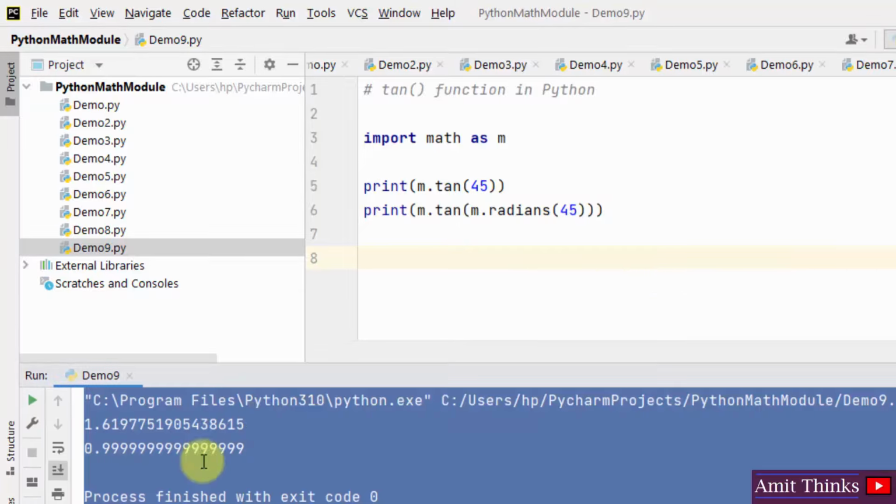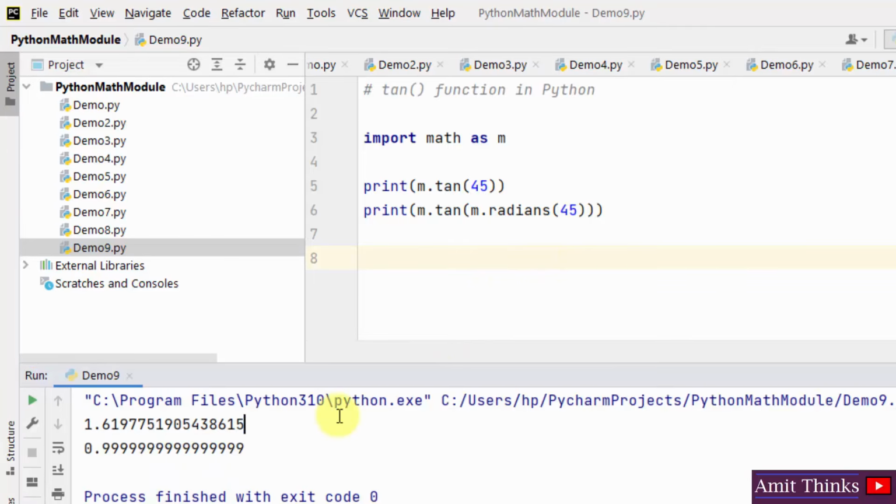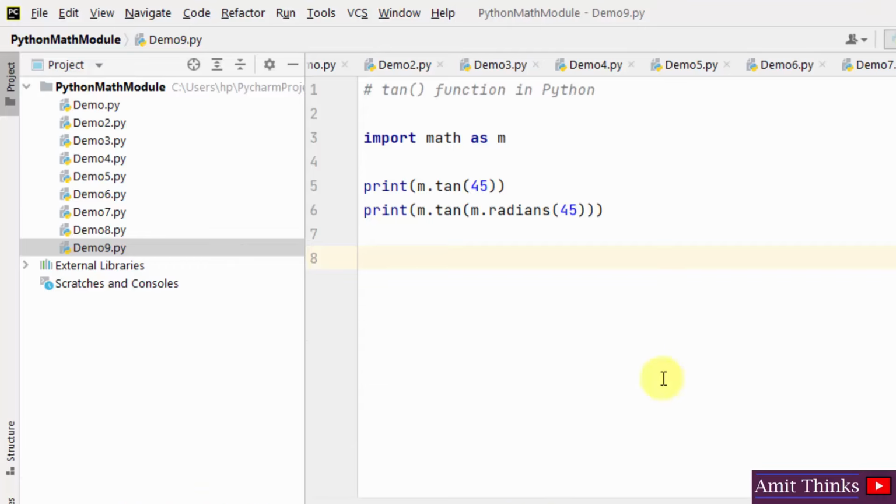Here you can see the value for tan 45 degree is the following. Okay, that is 1. In this way you can work around the tan function. Now I also told you